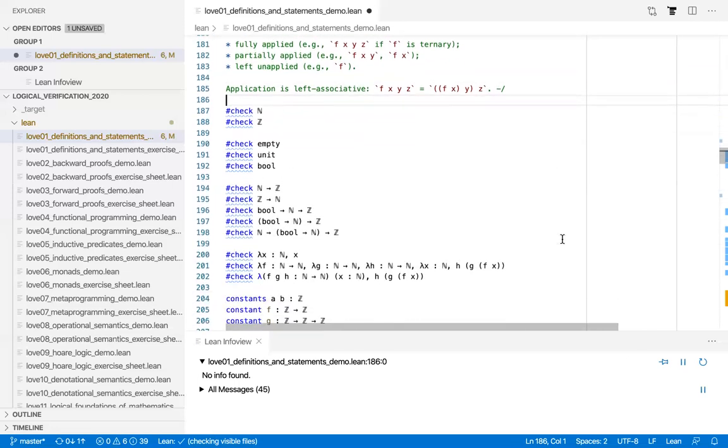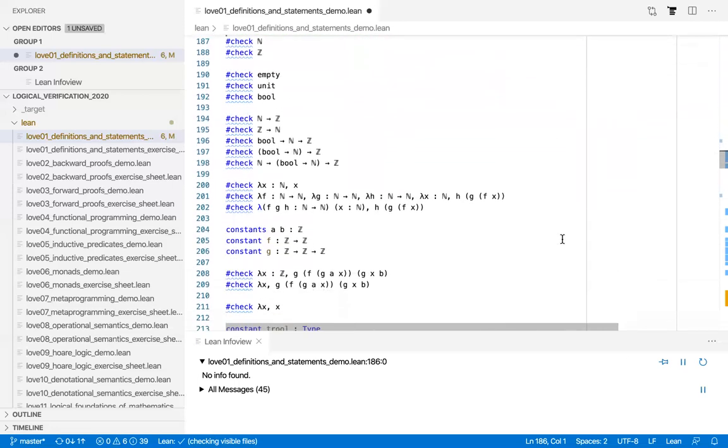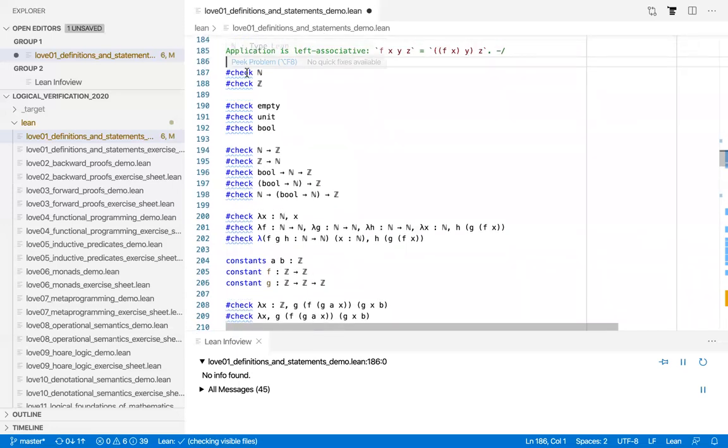Okay, now we come to the examples, finally. The check command of Lean can be used to check the type. I cannot just enter n here, it would be syntactically incorrect, but I can tell Lean, check that n is really something. And it tells me, yeah, this is syntactic sugar for NAT, N-A-T, and it has type big T type. So basically natural numbers are a type,